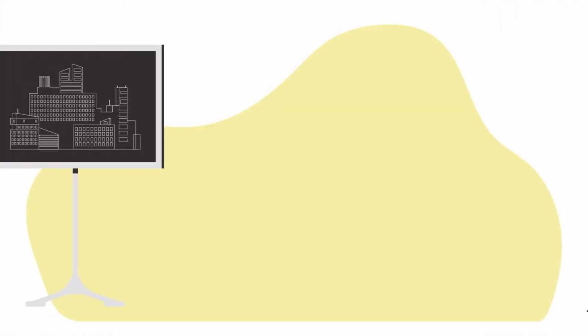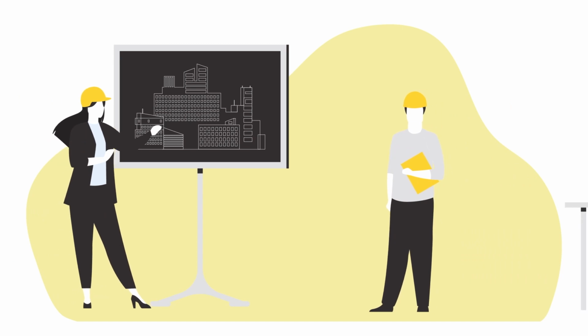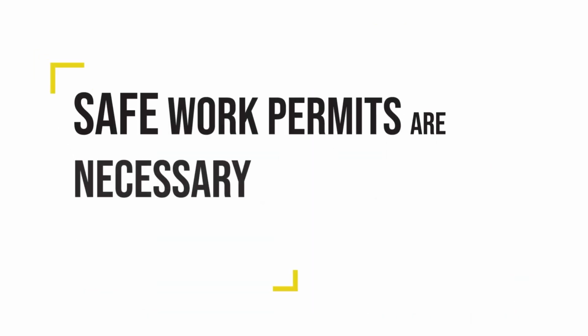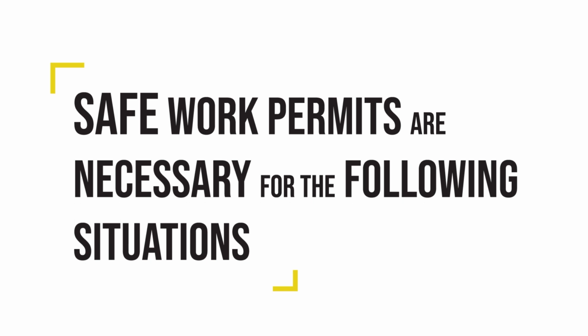Safe work permits are meant to capture the type of work, the hazards of the site, the hazards the workers themselves might introduce, the mandatory controls, and any conditions that might restrict the work. Safe work permits are necessary for the following situations: all contracted work,